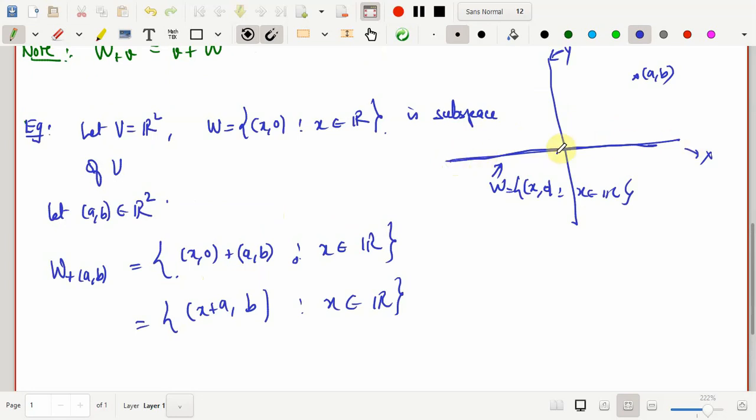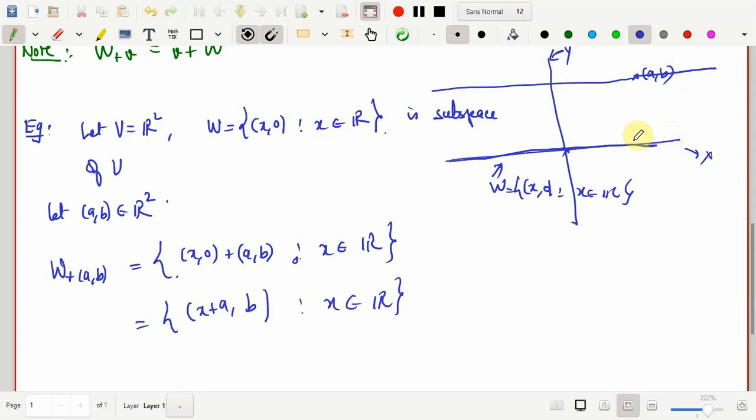And geometrically one would observe that this is in fact a translation of this line. This W is nothing but the real line, the x-axis, passing through the origin. Okay, so for x equal to 0 in this set we will get the point (a, b). So it is basically a straight line which is parallel to the x-axis and containing the point (a, b), right? Because b is fixed, so when I say x is varying over R, x + a varies over this line, and y equal to b is fixed, so (x + a, b) for any x in R will lie somewhere on this line which is parallel to this.